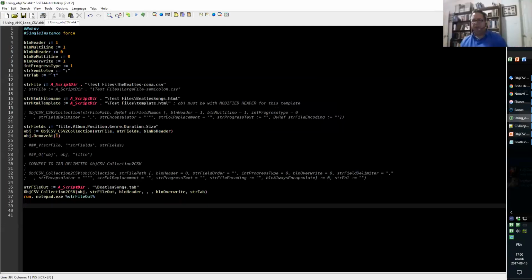And there's a lot of options. You can change the field delimiter. You can change the encapsulators. Cool. So there are different options that you can use. You can also display a progress bar if the file is very long. Both when you read or save, you can say what encoding to use. So is it ANSI or is it UTF-8, UTF-16? You could read ANSI and save as UTF-16 if you wish.